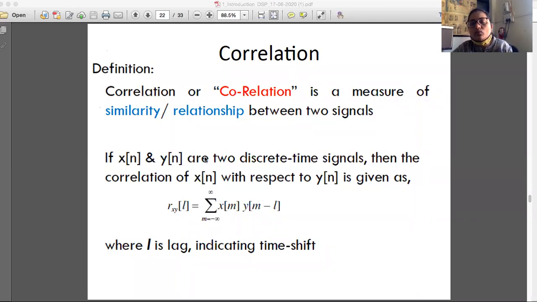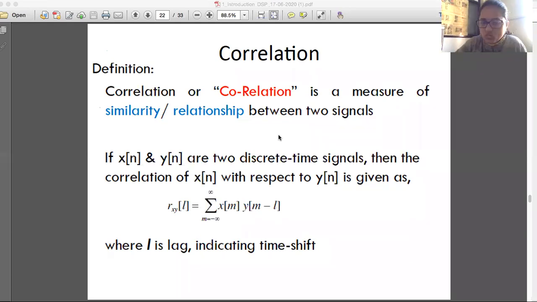First of all, we'll see what correlation is, where it is used, and then we will go through a problem solution. This is probably the last point of our chapter. Correlation is the measure of similarity between two signals. This is the comparison between two signals, where if they are similar, then the value of the correlation coefficient will be 1. If they are dissimilar, then the correlation coefficient will be 0.